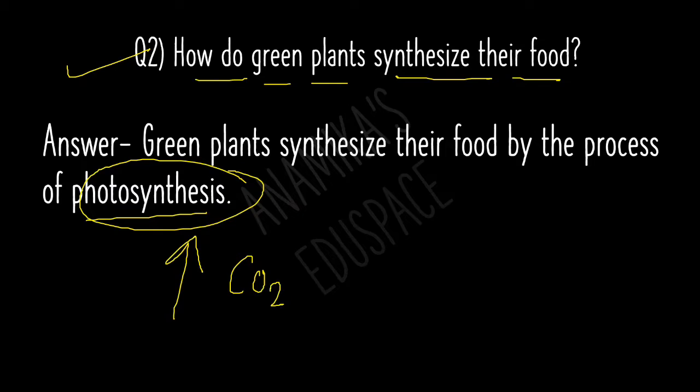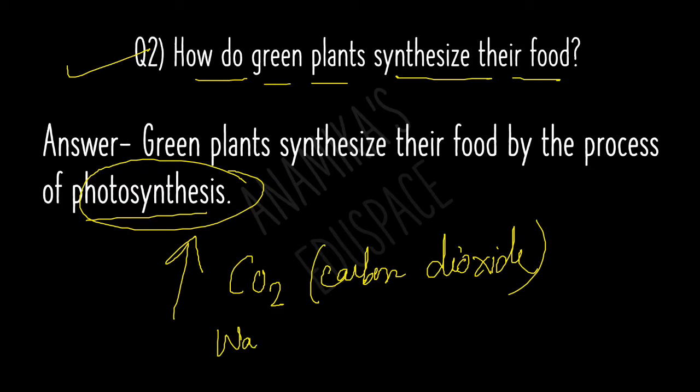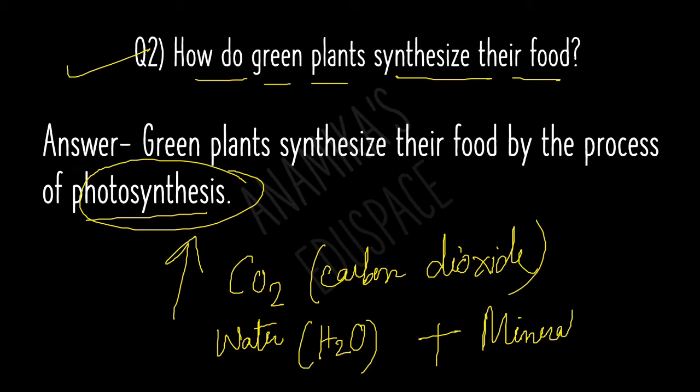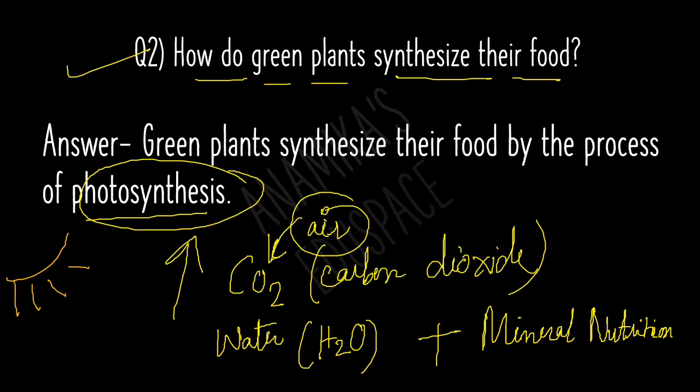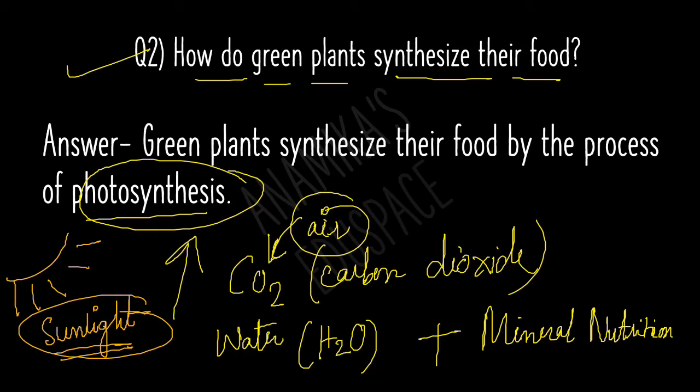the carbon dioxide, that is the CO2. Then what they take? They take the water, that is H2O, from the soil, right? And they also take the mineral nutrients from the soil. After taking all this, they also need some light, because in the presence of sunlight only this can happen. So green plants take the sunlight from the sun, and then it makes its own food, that is known as